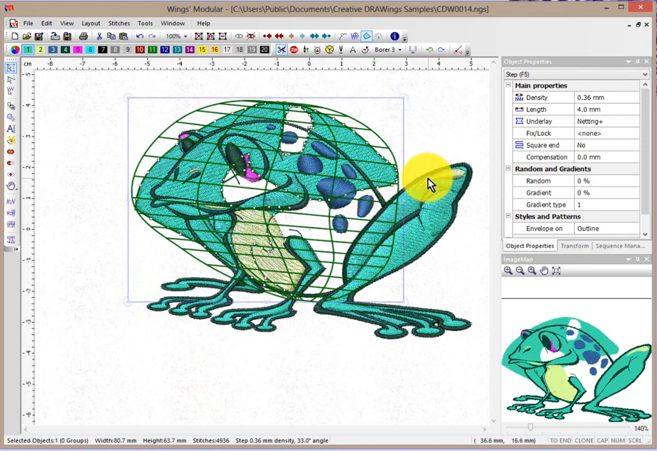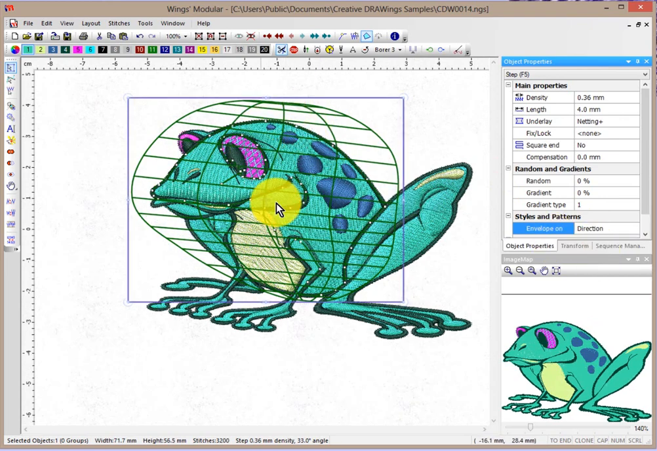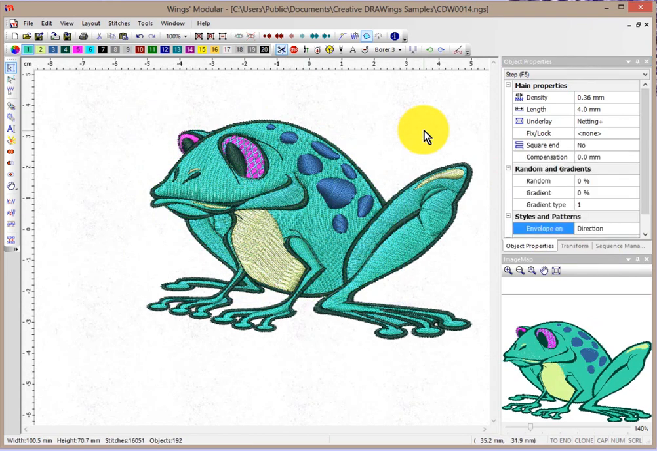So it's just a matter of changing from "on outline," because I don't want it to change the outline of my shape. Should have caught that the first round. I need to change this to be "on direction." So all I wanted to do is modify the direction of the stitches in the frog, and not so much the